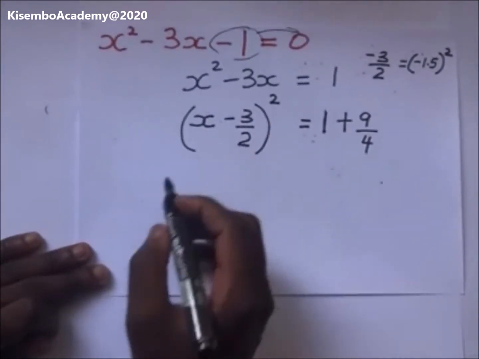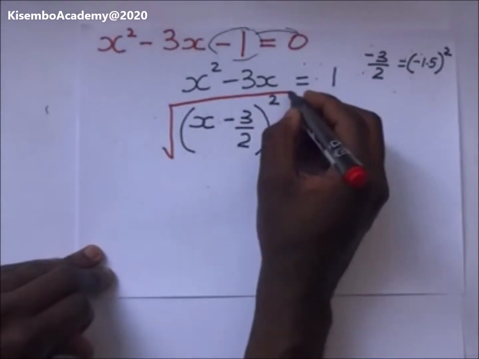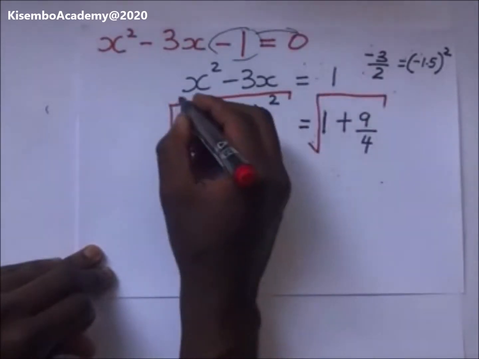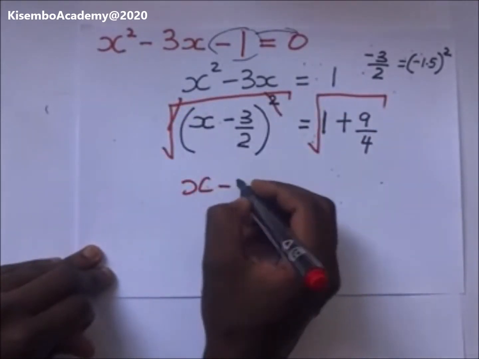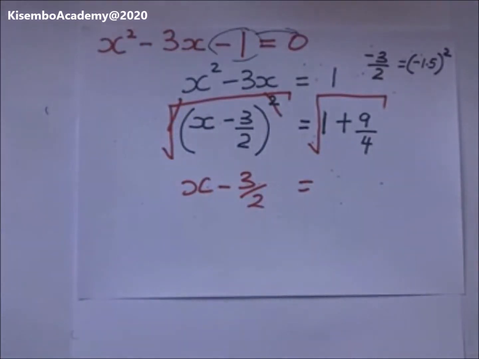So we're going to find the square root of that number on both sides to try and get the number. So it's going to become the square root of this side and that side. This goes with that. You remain with x minus 3 over 2, giving us the square root of 1 plus 9 over 4, which is